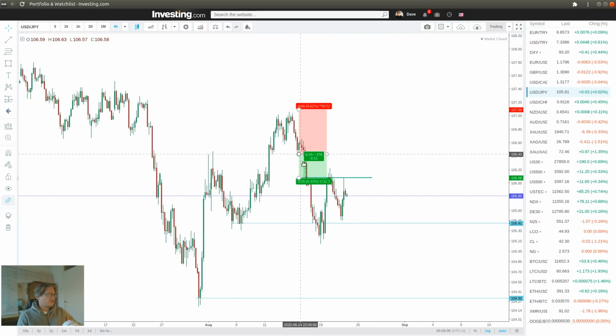That's where I got out when price retraced, and then after I got out, of course, price went down again, and then we went back to this level again, and it was rejected. So clearly this is an area where there are sell orders and there's some selling pressure coming from this level. It coincides with the levels that we can see here, more or less. So if I would take any trade, it would be to the downside, something like here, maybe with the stop above these areas here, and then see if we can trade it all the way down here.